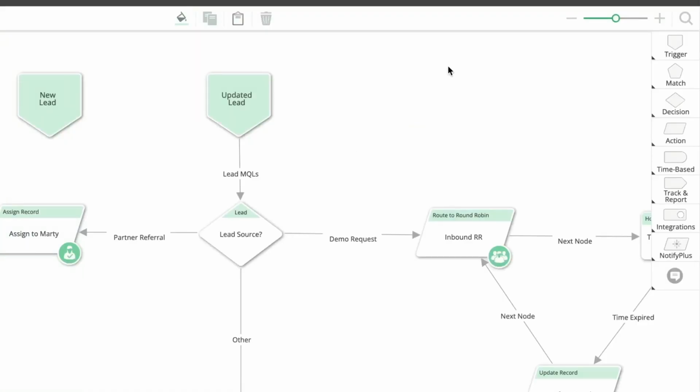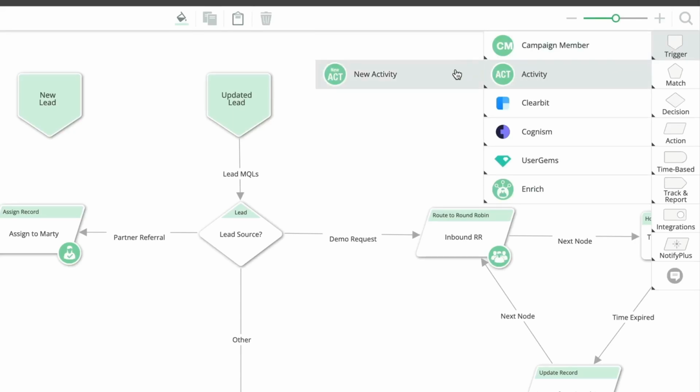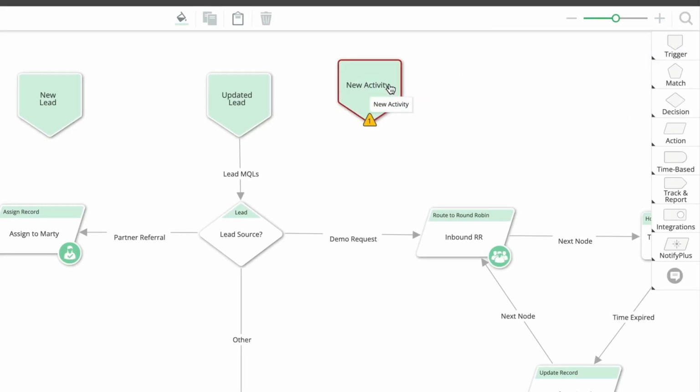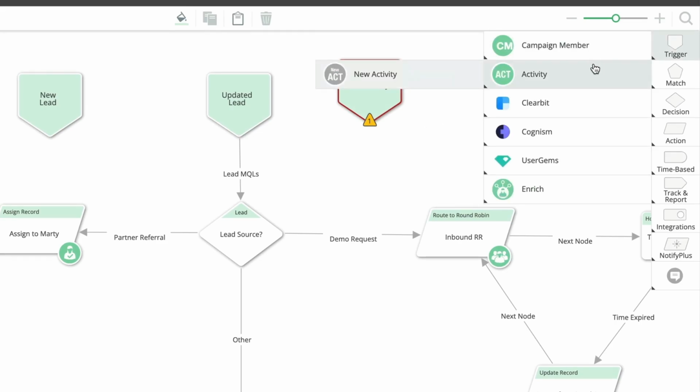If you're using any of LeanData's standard object routers, you may know that you can use a new activity trigger to initiate routing for that object when a new Salesforce activity, like a task or event, is created on that record. However, sometimes you may want to initiate routing, let's say on a lead router, when an existing task is